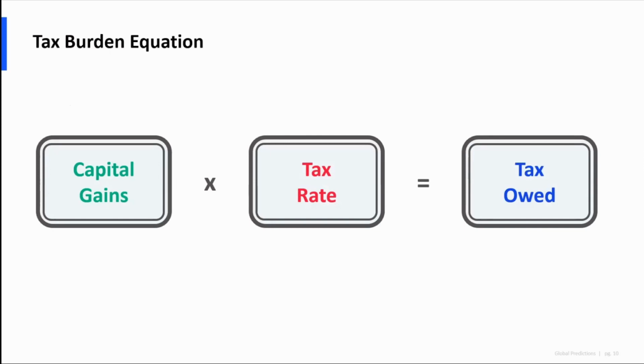And so this is going to provide the high level framework. I'm going to go through and define, well, what actually is a capital gain? How do I tell what my capital gains are? How do I figure out, roughly speaking, what my marginal tax rate is going to be on those capital gains? And then we can multiply that through to figure out how much money I actually owe, which is both the direct money that you would pay if you didn't do anything, but also provides an opportunity potentially for harvesting and then saving that money.